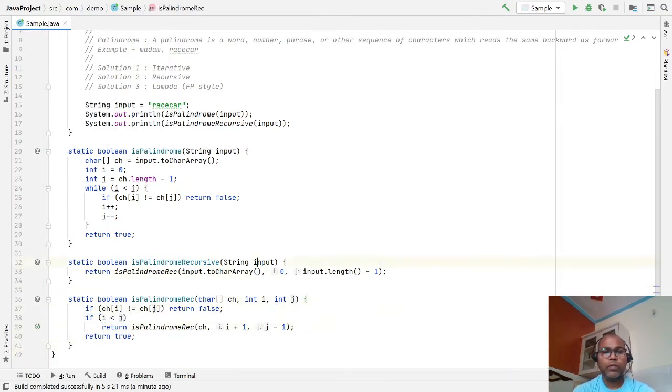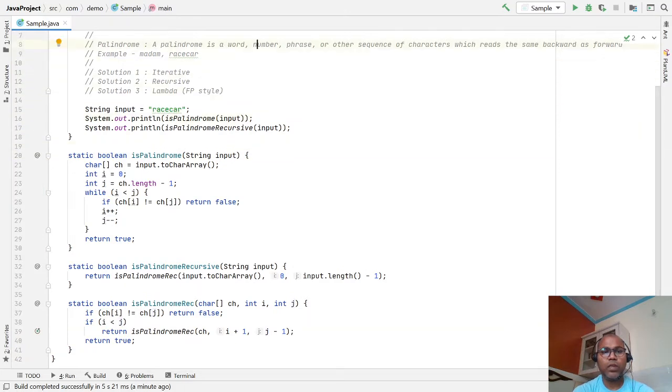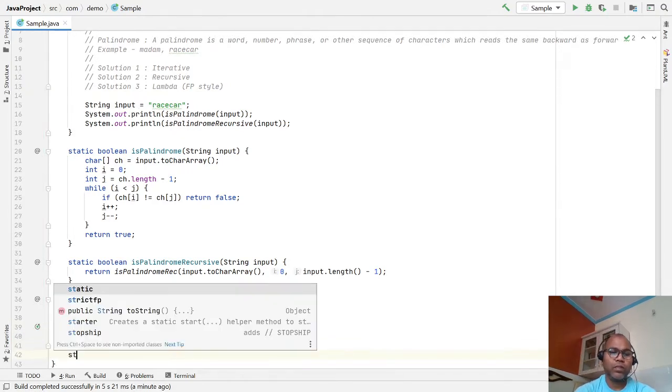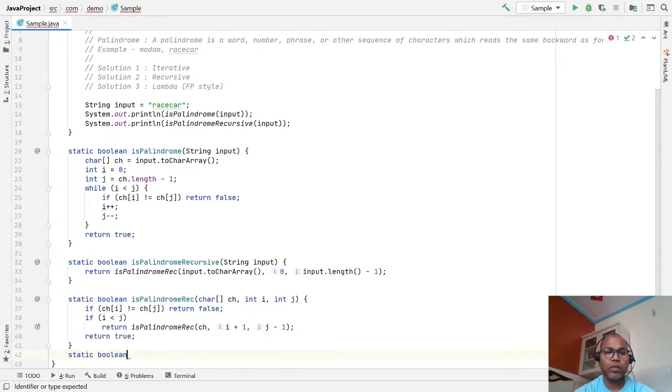And if I am going to write the same using a lambda expression, how will I write it? A static boolean isPalindrome using lambda.